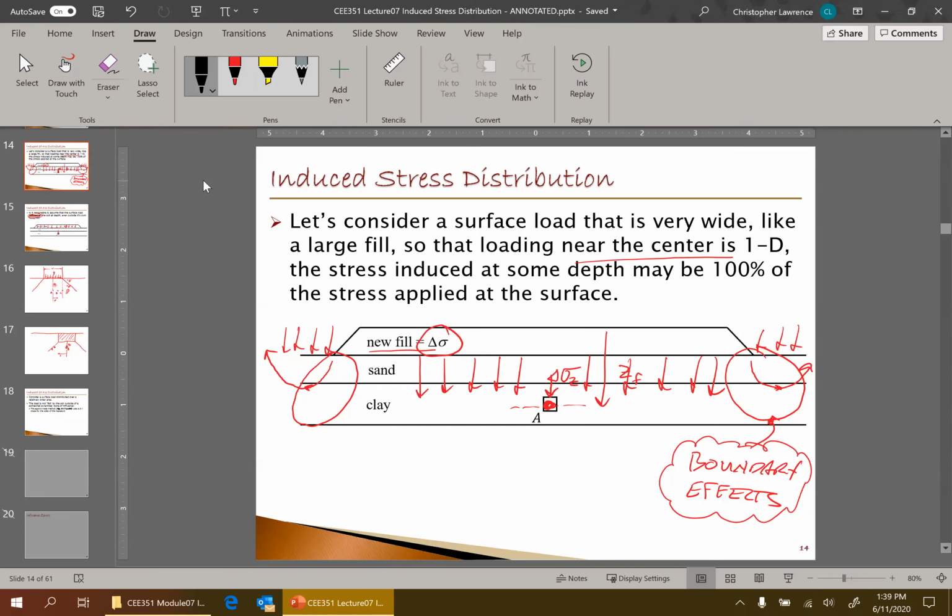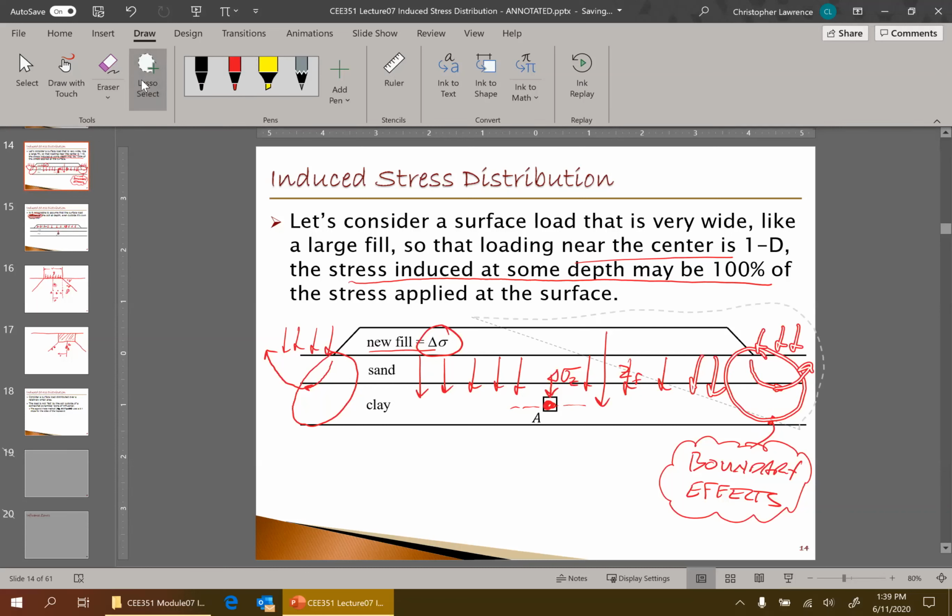The change in stress, or the induced total stress, is really vertical, and it becomes relatively simple. Like it says on this slide here, the stress induced at some depth may be 100% of the stress applied at the surface. So let me clean up this